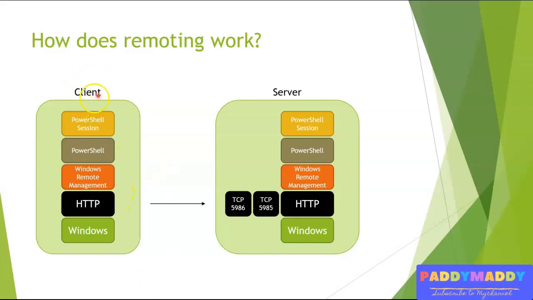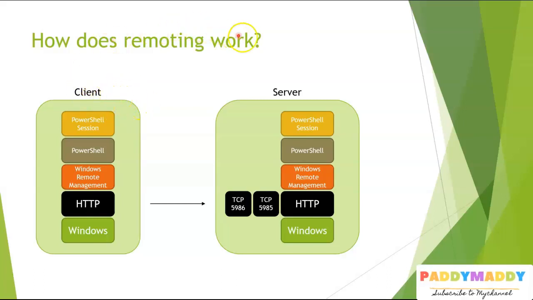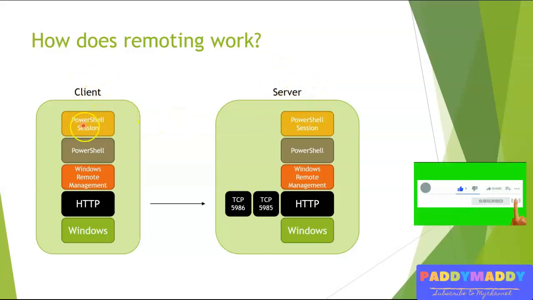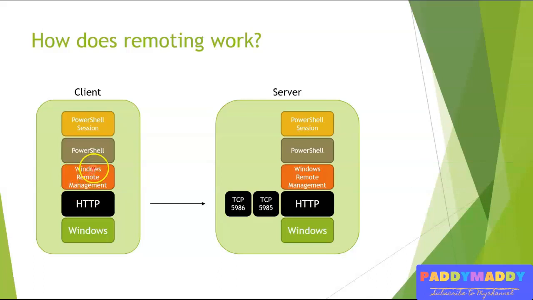When you are sitting on a client machine, you want to work on a server by initiating some kind of commands which can be executed remotely on the machine. To do that, we have different cmdlets which are purely dedicated to perform these actions. These start by using a session on the machine, with a service like WinRM, Windows Remote Management in short, and it is connected over the protocol called HTTP and a port